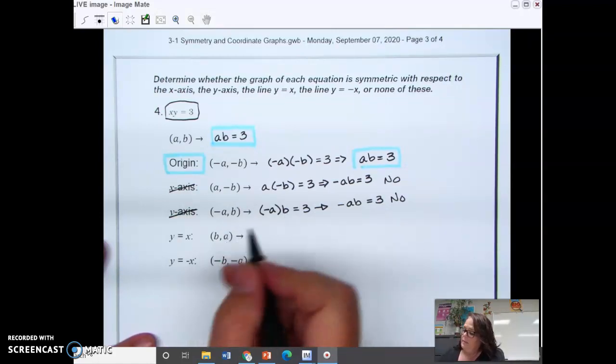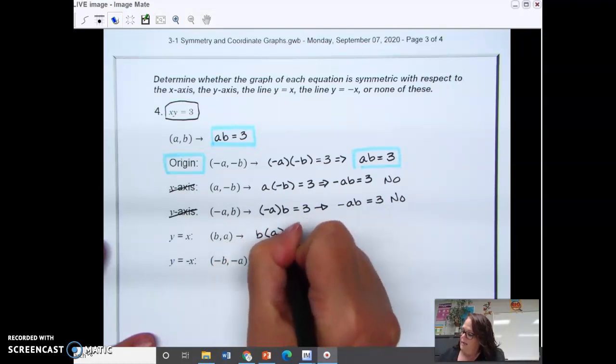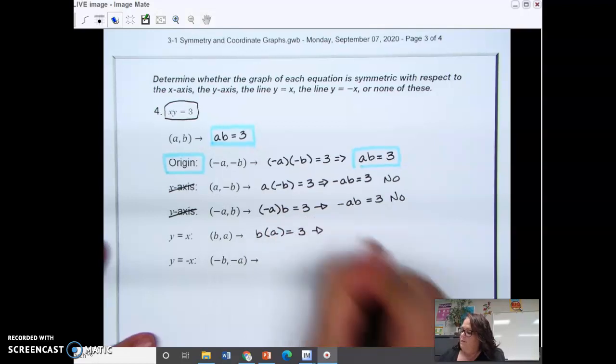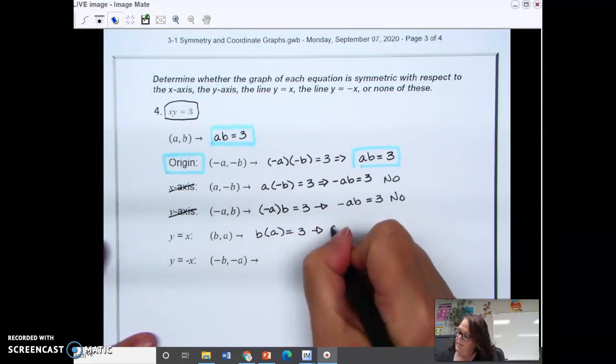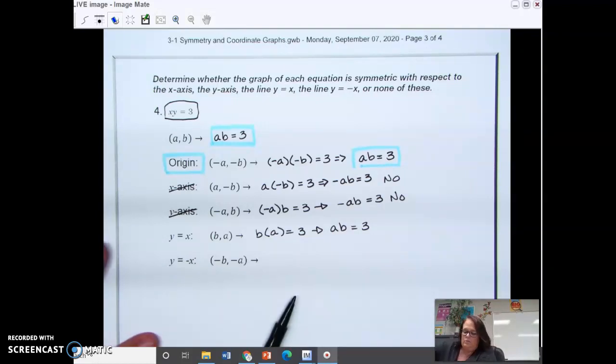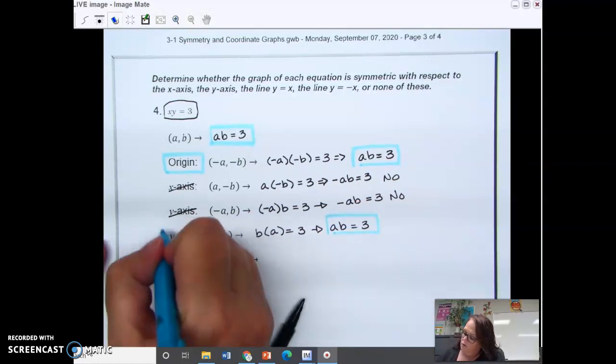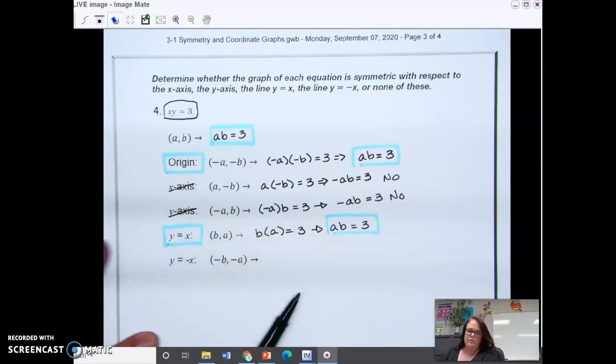Then if I plug in b comma a, I would get b for x and a for y equal to 3. And we have the commutative property of multiplication that says we can switch those around and say ab is equal to 3. If you notice, this matches the control,